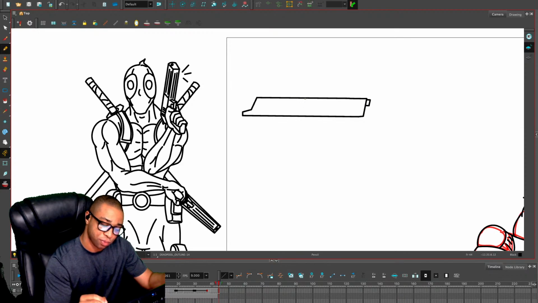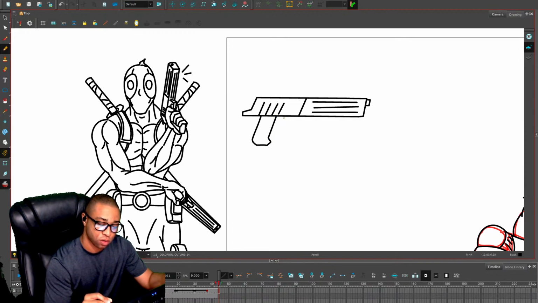I think it's something kind of like this. Some lines down it like that. Sort of like so. Both hands. Like so. It's not going to be very pretty, but I think it will get the point across.